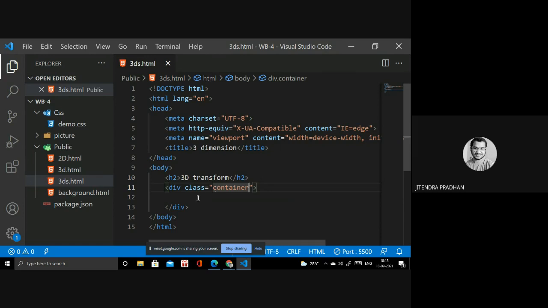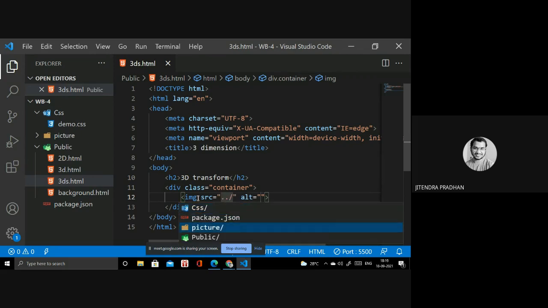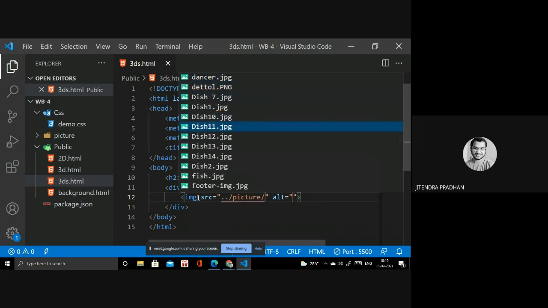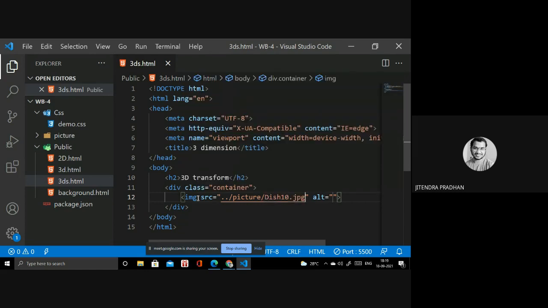Next I need a picture, so it's an image. Inside I will write the image path, a virtual path, the picture path. I will select this 10. So we are done with that, and next we have to end the div.